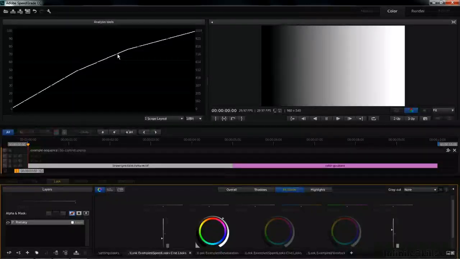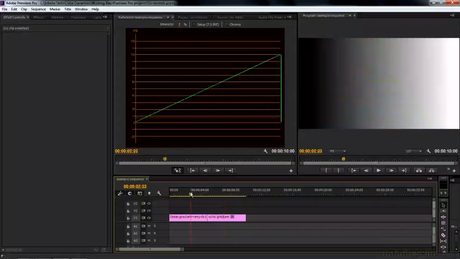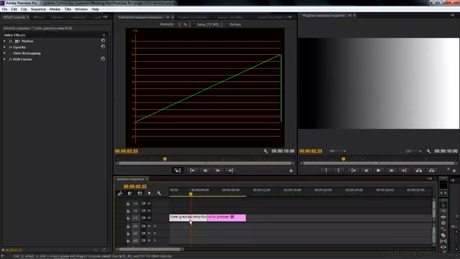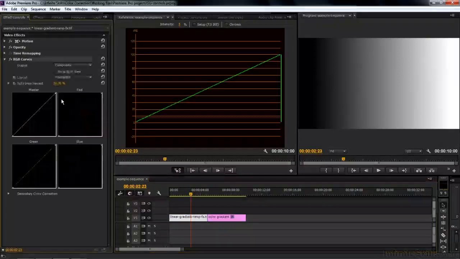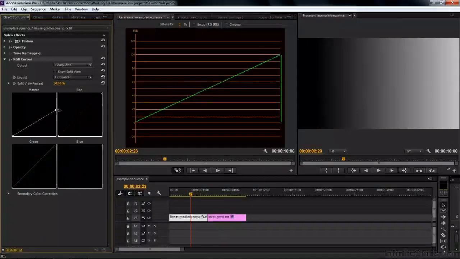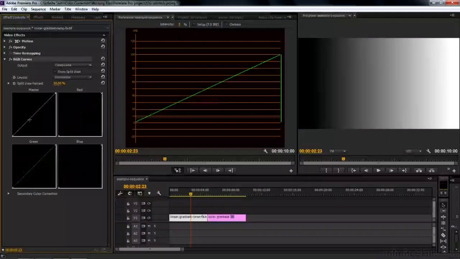Can you do this inside Premiere Pro? Well, sort of. Let's go back to Premiere Pro. I'm going to take a look at that linear gradient. Open it up and look at the RGB curves on it. And there's the master controller. If I move this, that's like using the gain inside SpeedGrade. And if I move it down here like this, that's kind of like using the gamma, but it affects the